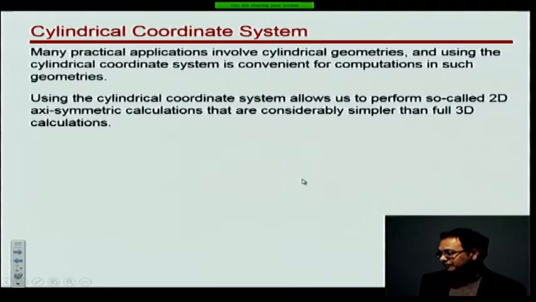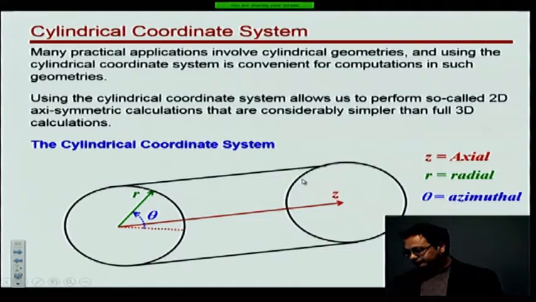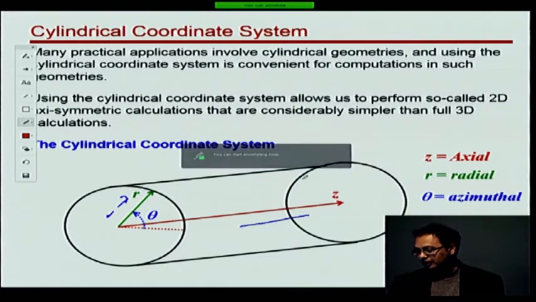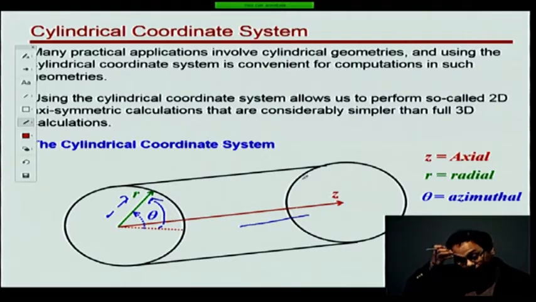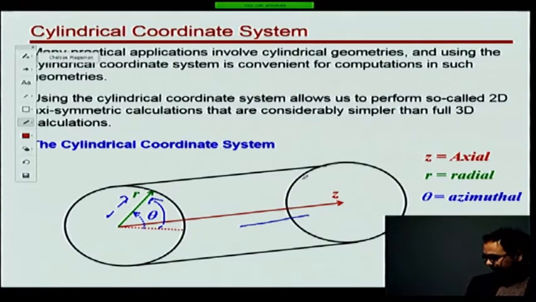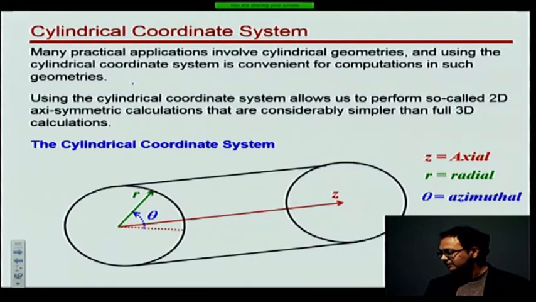So the cylindrical coordinate system is defined like this. Most of you know this. This is your axial direction right here, and then you have the radial direction and the so-called azimuthal or angular direction. So the coordinate system is given by r, theta, z. Now, very often what happens, which is what I mentioned here,